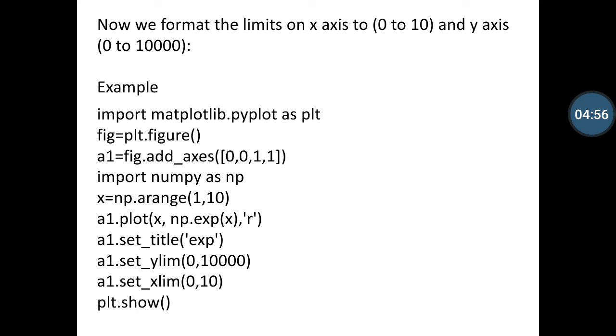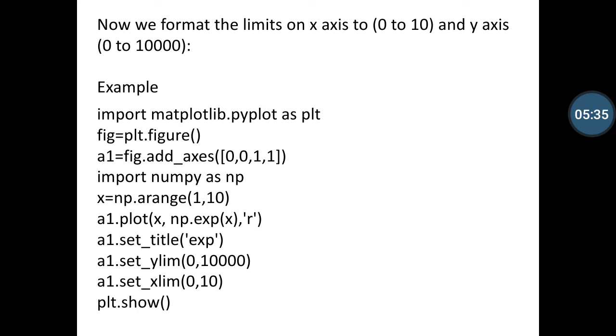Then I use an x variable and create a range of values from 1 to 10. Then a1.plot, and put the values as x, np.exp, and put the x value that is created in the arange method, and then define the line color as red, and also a1.set_title is used to define the title of the graph.